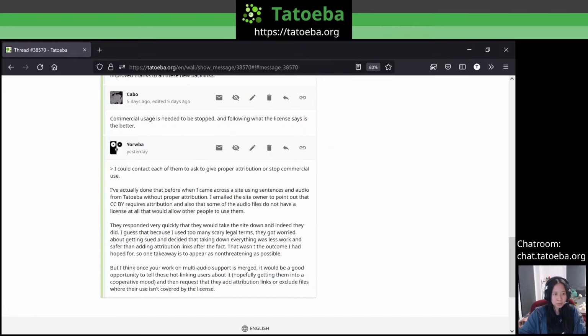Trying to contact people who are using our data and let them know the conditions: this is free, but there are some conditions attached, and it's not so much. And to try to guide them into what actually is needed. But yeah, so for that part,